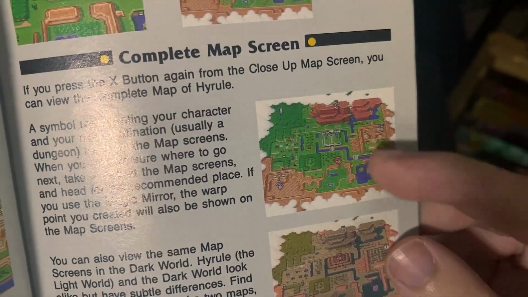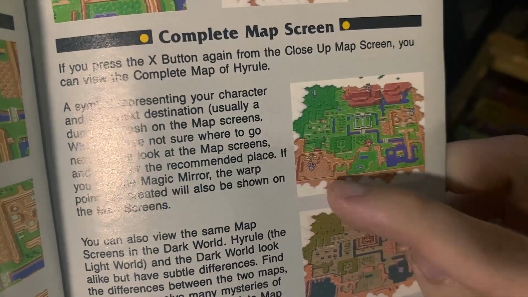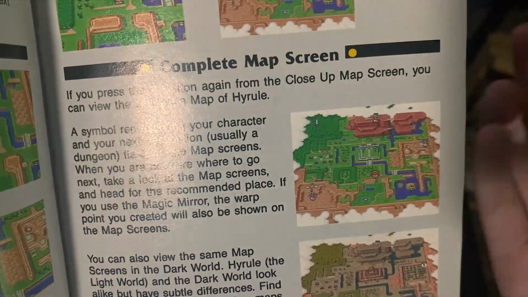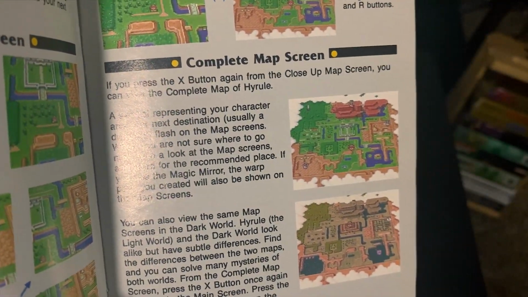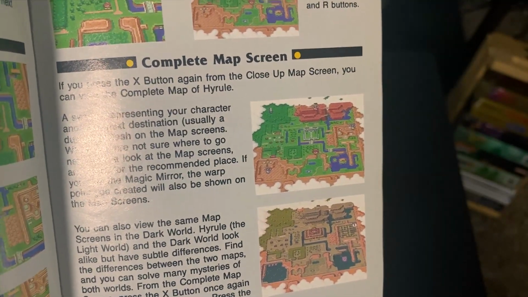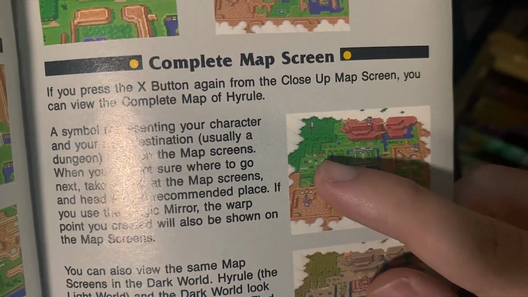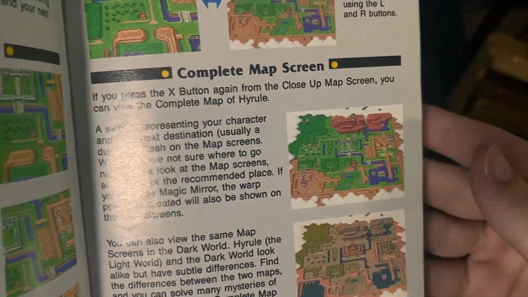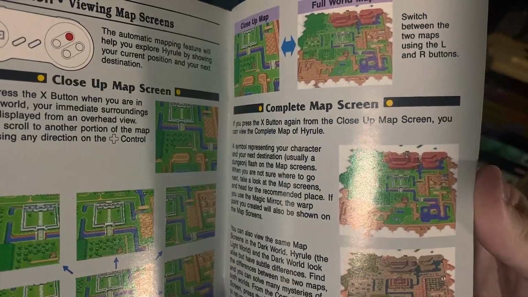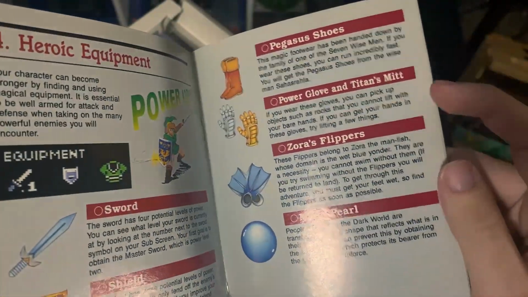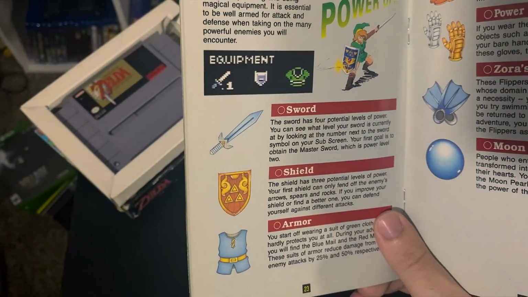As you can see here a little bit, you can see a pendant, one of the pendants that you need to collect, the other one, and then the third one, and then the Master Sword, of course. So it does mark key locations like dungeons and stuff like that, but it doesn't necessarily mark towns. You can see, obviously, Kakariko Village, but it doesn't say Kakariko Village. Kakariko. Did I say Kakiro? Kakariko Village. And then of course we go over some more equipment.